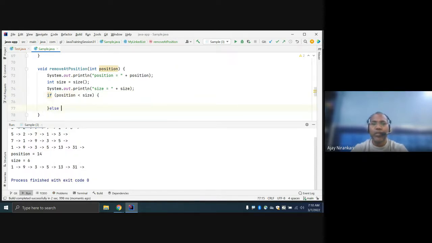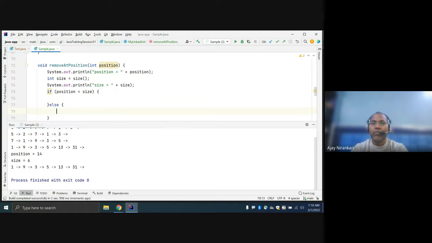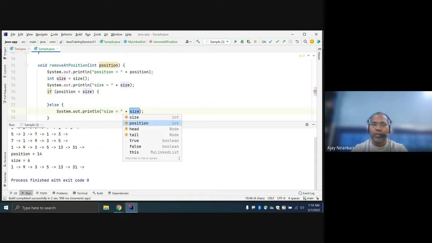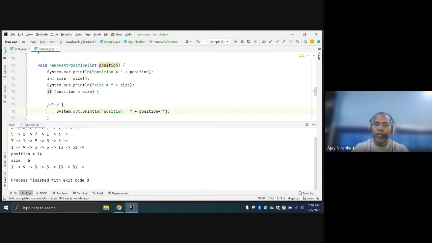Else you can say position is out of your linked list size. Okay? Position is out of linked list. Okay. Input position.